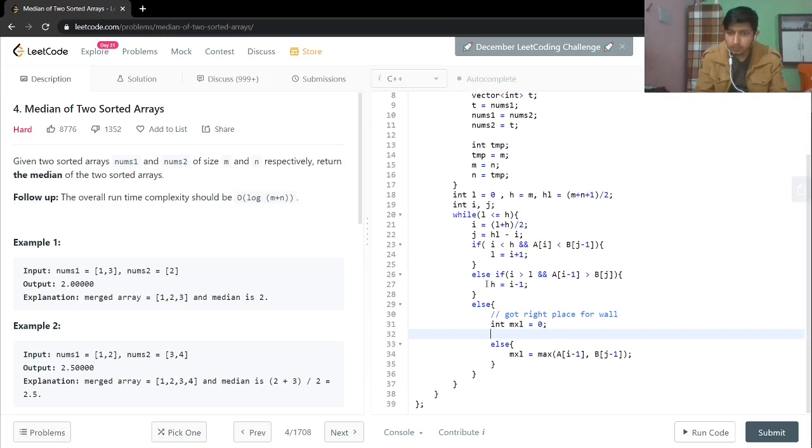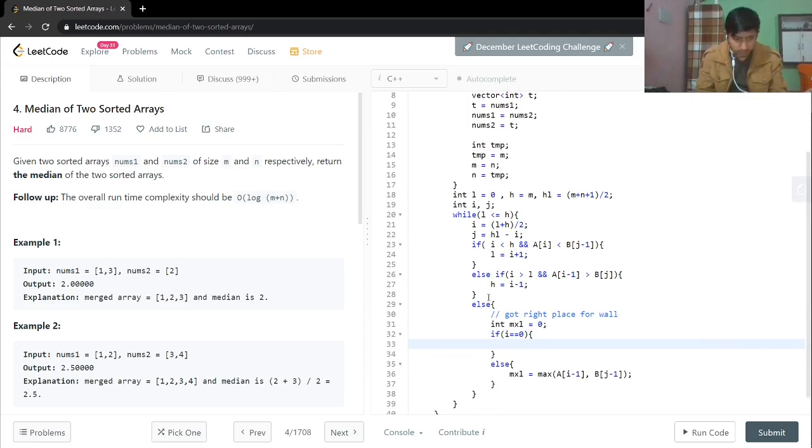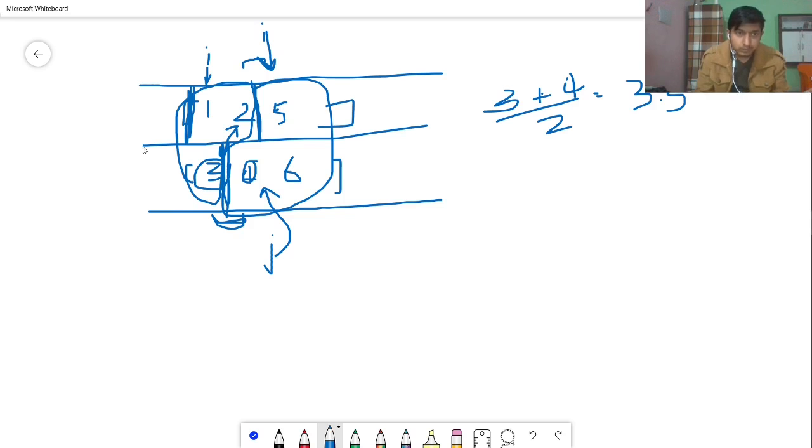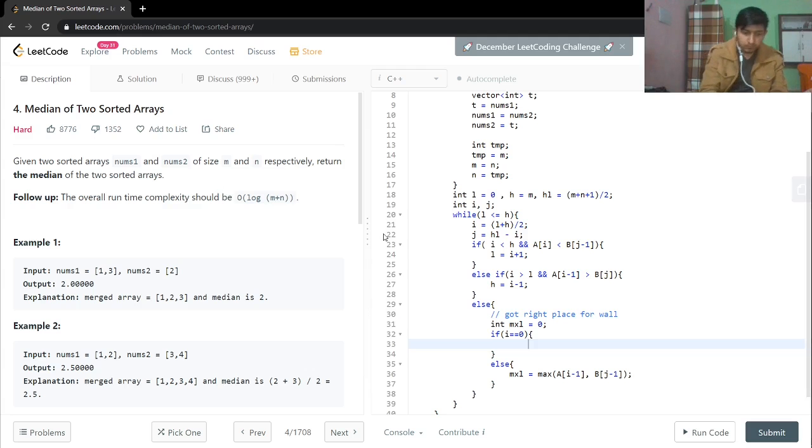Then what I will be doing is, if i is 0, then I know that i minus 1 won't be the largest element in the left group, so maximum of L equals b[j minus 1]. All right, because the i minus 1 index element does not exist, so this has to be the biggest one. Okay,